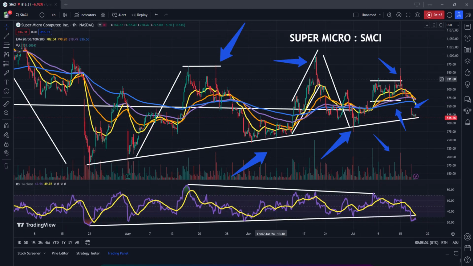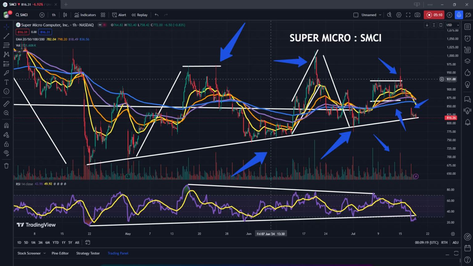I just posted videos on Meta Platforms and Nvidia, and those stocks are, especially Meta Platforms, completely fallen apart. I mean, that stock is in major trouble. It's falling down a cliff, basically. And Nvidia's breaking some very important support levels as well. So, the tech space as a whole, the semiconductor space as a whole, there's a lot of selling pressure